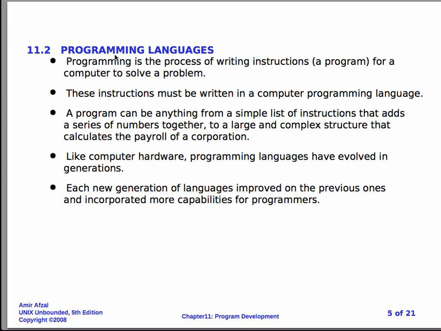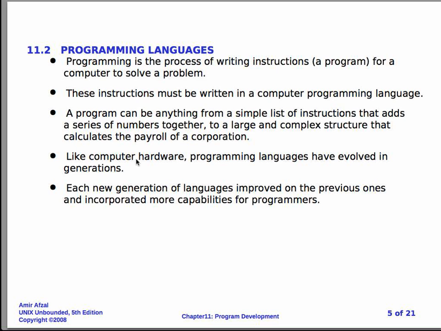Programming languages, on the other hand, are meant to be written usually by humans, so they're a little bit more high level. We'll use the term high level to indicate something closer to what humans interact with. Programming is the process of writing instructions, that is, a program for a computer to solve a problem. These instructions must be written in a computer programming language such as the ones you've used before, like Java. Java is a high-level computer programming language. A program can be anything from a simple list of instructions that adds a series of numbers to a large, complex structure that calculates, let's say, the payroll of a